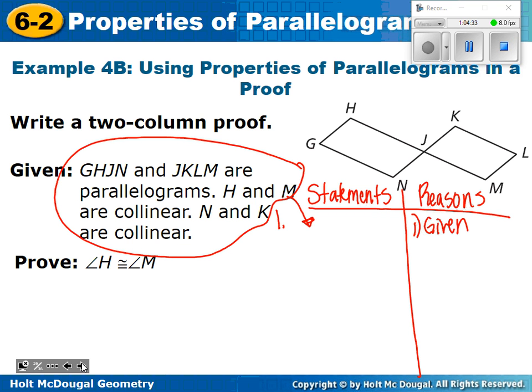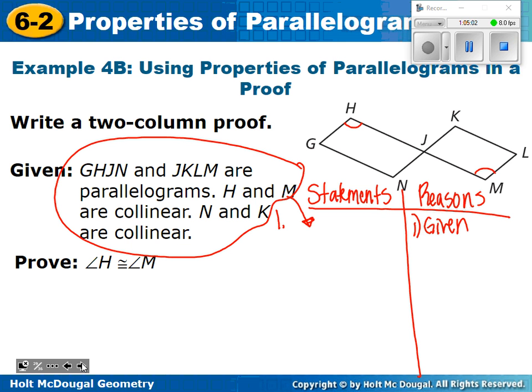Okay, look at what we're trying to prove. H congruent to M. We want to get this angle congruent to this angle, and we don't know that yet. So you shouldn't really mark it, but I'm going to mark it just so we can make sure. Okay? We know that these are parallelograms and these are parallelograms. Okay, so here's some ideas. I want you to think about